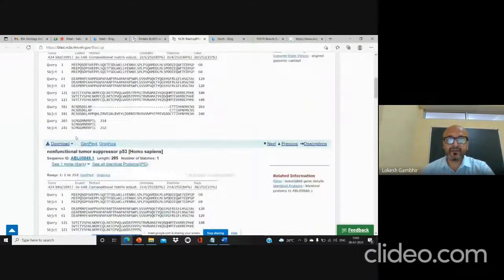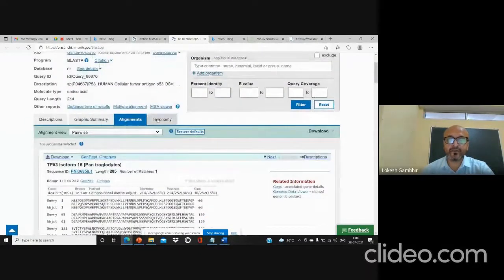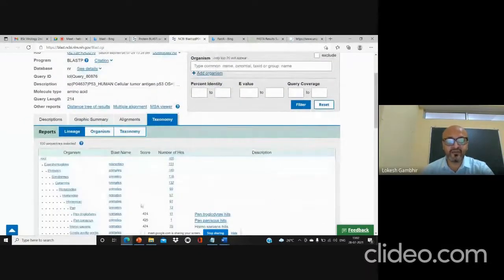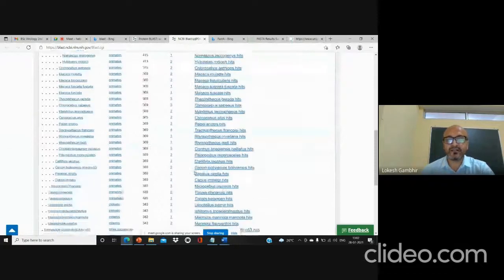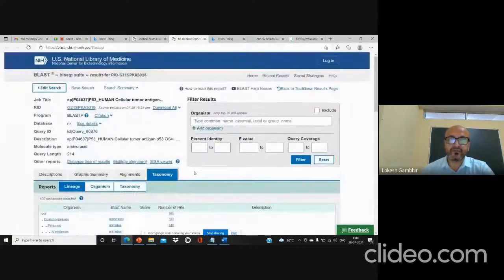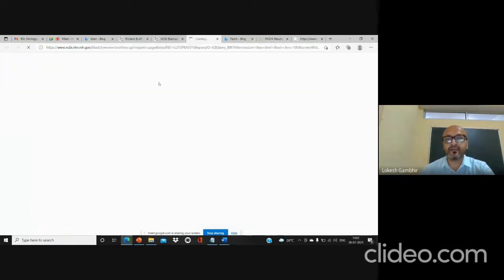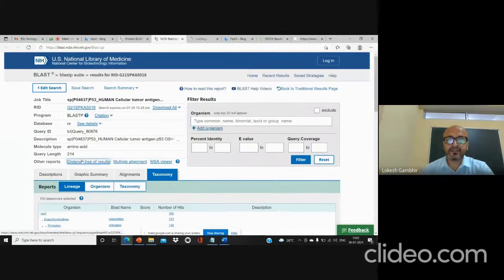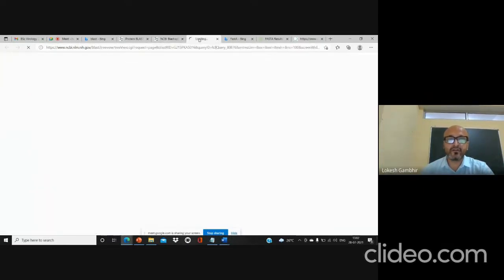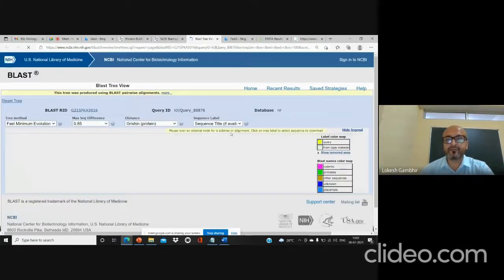Next, if you want to study the taxonomy part, you can go to taxonomy and see the different species that have been taken care of. Then, if you want other reports, suppose you want to study the phylogenetic tree, I click on distance tree of results and observe the complete tree formed here.